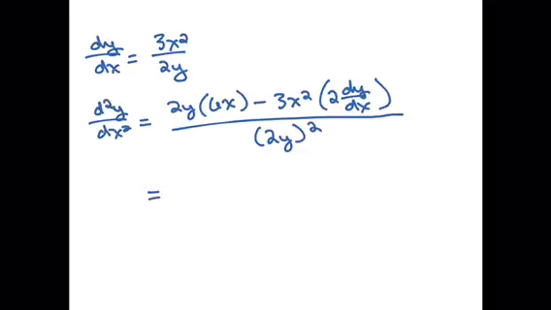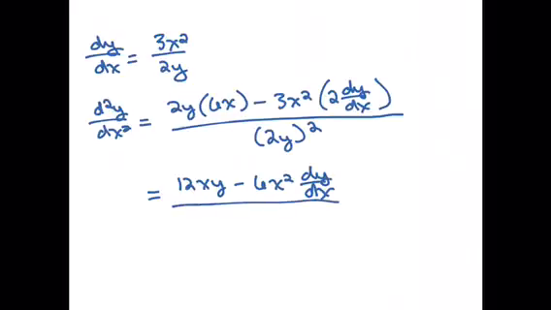So if we clean this up a bit, we get 12xy minus 6x squared dy/dx over, let's actually square our denominator, that would be 4y squared. We're not allowed to leave a dy/dx in our answer, so we're going to substitute in our first derivative,